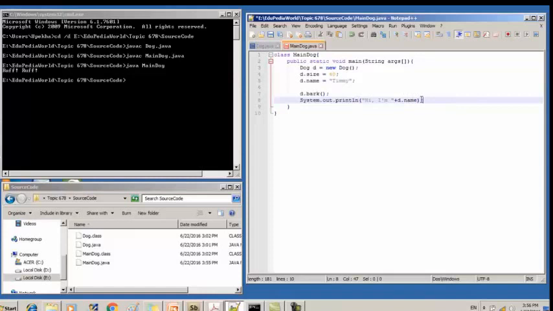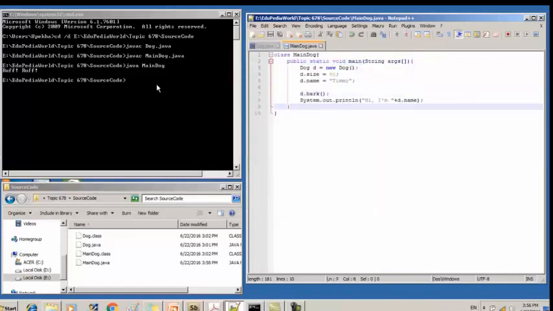So between the parentheses of the println statement, I have included a text string as well as some other part. So this plus mark means to concatenate this part with this part. So when you get the output of this statement, you can see it will concatenate this part with the value of this part. So let's try to save this file